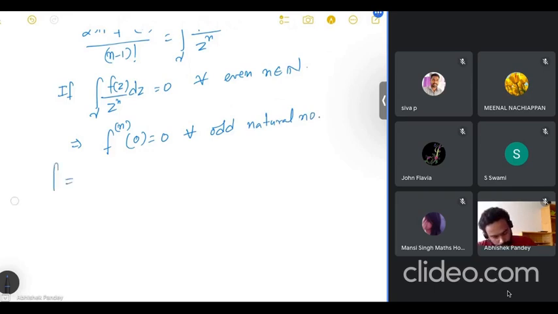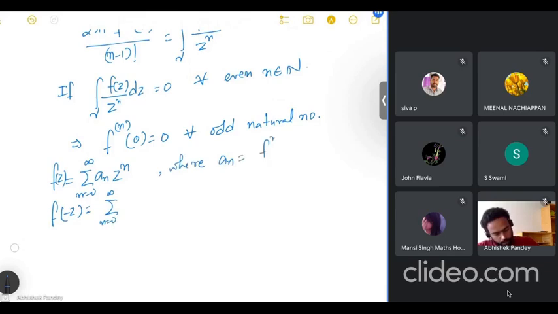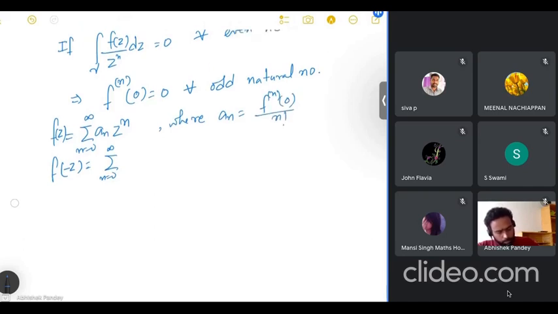And since f(z) is basically the sum from n equals 0 to infinity of a_n z^n, where a_n is f^(n)(0) upon n factorial, if we take f(-z), which is what, so it's the sum from n equals 0 to infinity of